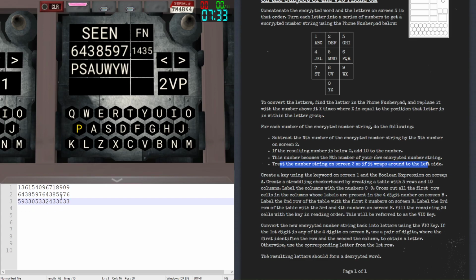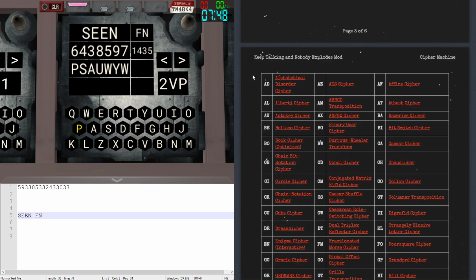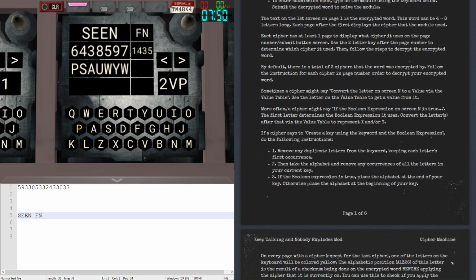Alright, so now we got our new encrypted number string. What do we do now? Well, next we need to create a key using the keyword on screen 1 and the Boolean expression on screen A, which is seen in FN. How do we do it? Create a key? Well, if we go back to the main Cipher Machine page,